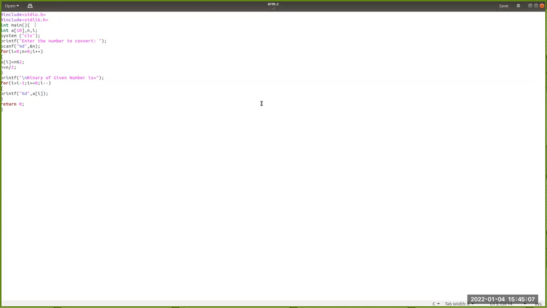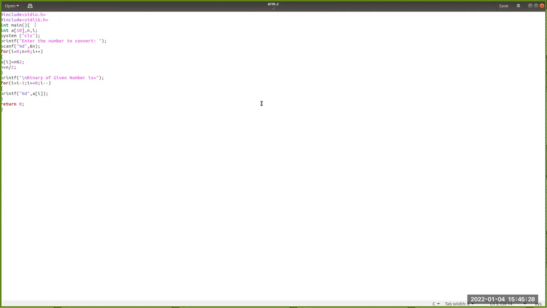Secondly, n will be divided by 2 and that value stored into n again. By doing this, in each index of the array, suppose a[i], we have a value that will be a combination of 0 and 1.